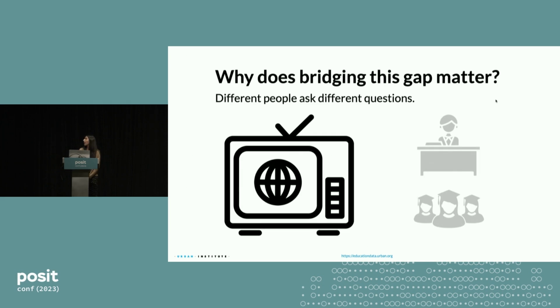The last example I want to talk about is particularly fun, a many-layers-of-education example. A colleague of mine was recently, a couple months ago, picking up her kid from school, and she was wearing an Urban Institute branded fleece, and another parent came up to her and was like, oh, do you work at Urban? I actually work at PBS, and I don't know if you've heard, but Urban makes this great tool called the Education Data Portal, and we've been using it to pull geocoded lists of schools and school districts to think about how that maps to our broadcasting coverage. And I talked about ways to use data on school funding to specifically identify under-resourced schools to think about how that maps to where PBS is prioritizing their broadcast coverage.